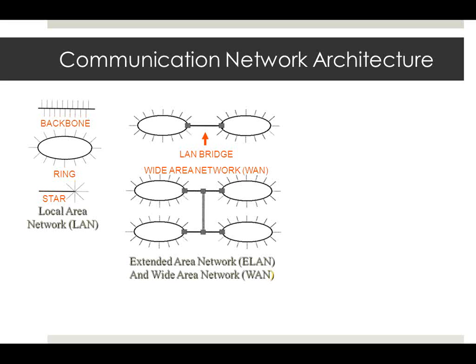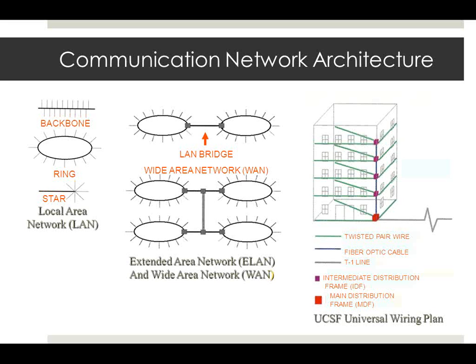And then you can take those and start hooking them together with a bigger pipe. I think a lot about this is almost like plumbing. The more things you're hooking together, the bigger pipe you need. So a LAN bridge takes a local area network, or LAN, and connects them to make a wide area network, a WAN, or an extended area network, an ELAN. Just so you're familiar with those. And again, the more things you connect together, the bigger pipe you need. And then finally,